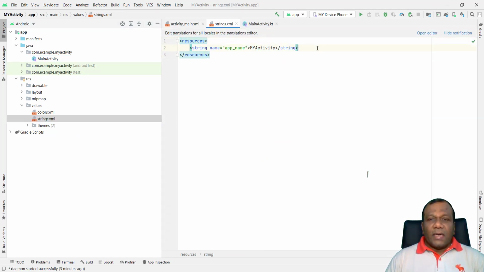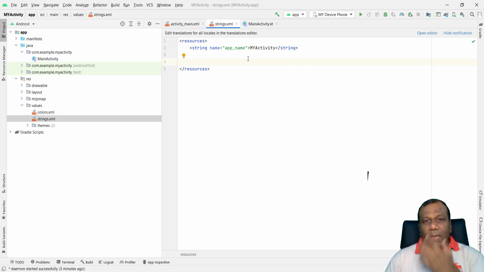In the string XML, you can see it's already there, you can find a string value what we gave for our app name. It's automatically generated. The app name I gave my activity. See, this is one of my string values in our app we are using. It automatically came when you gave that activity name in the startup page.